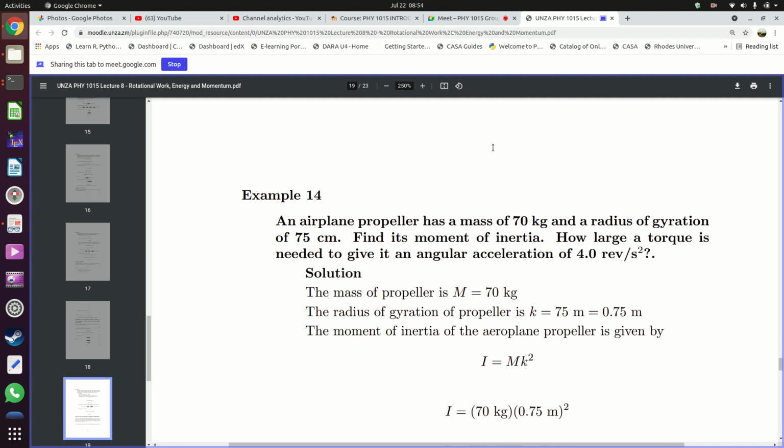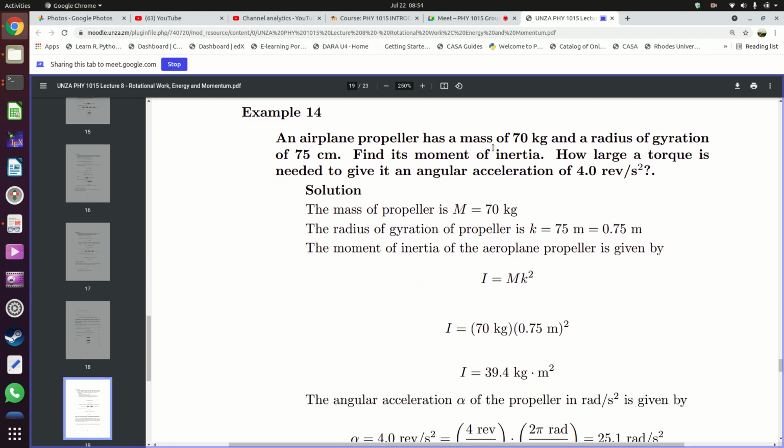All right, number 14. An airplane propeller has a mass of 70 kgs and a radius of gyration of 75 centimeters. Find its moment of inertia. How large a torque is needed to give it an angular acceleration of 4 revolutions per second squared? So in this case,